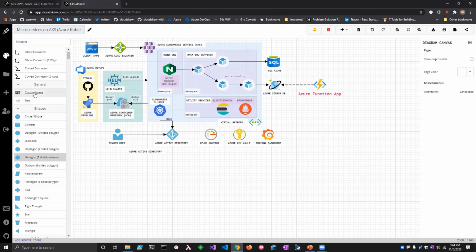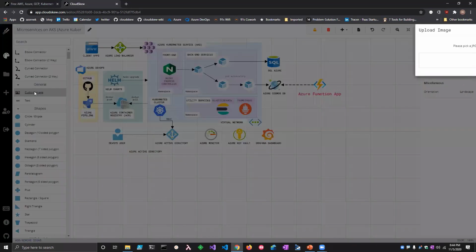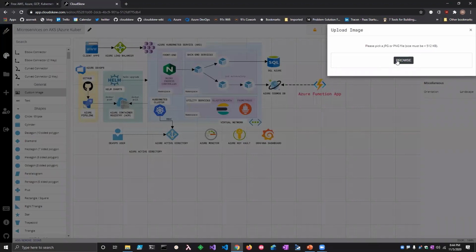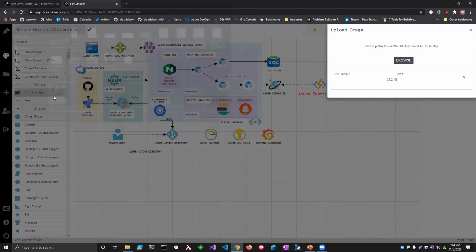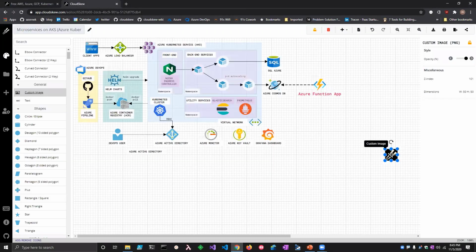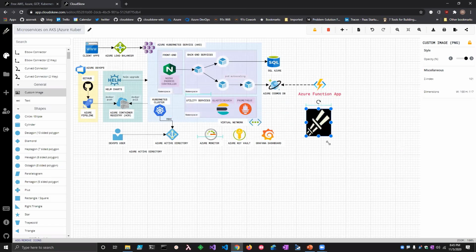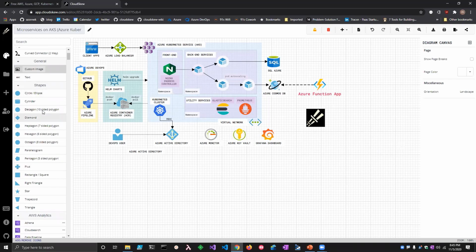You could also insert custom images. So let's say you're having issues finding an icon. You could just insert a custom PNG or JPEG file. Let's look at an example here. So let's just insert this logo here. Now this gets embedded onto the canvas and you can resize it or adjust its properties however you like. So that's about how the icon palette works.